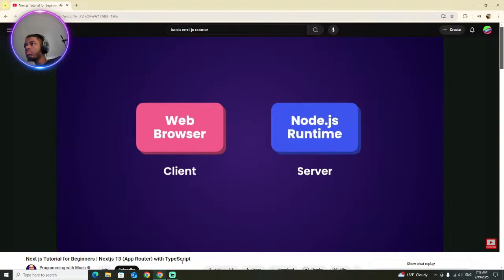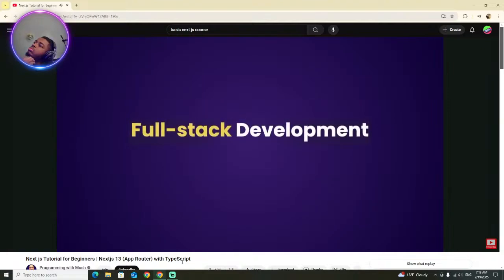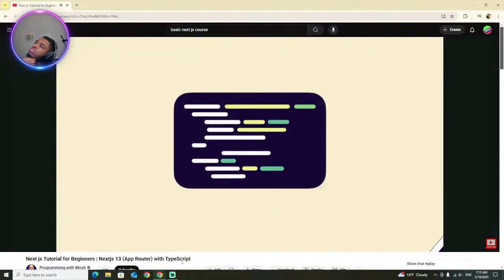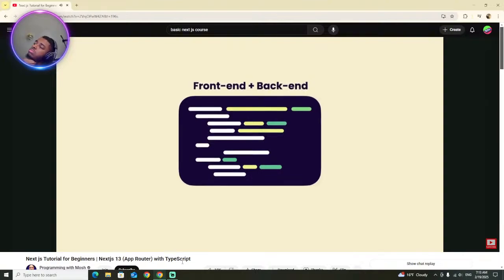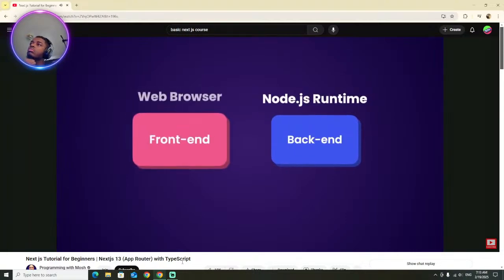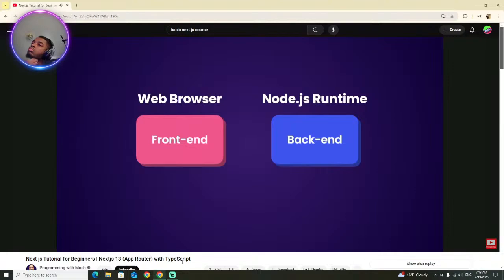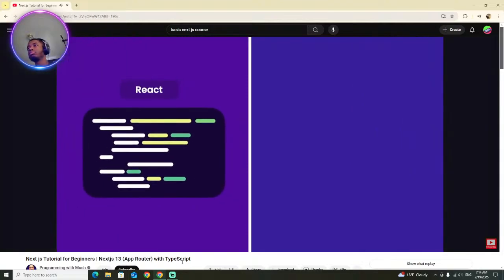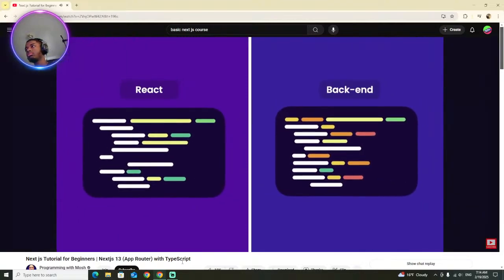So Next.js comes with a Node.js runtime, and this allows us to do some really cool things. The first thing is that we can do full stack development. So we can write both the front-end and back-end code within the same Next.js project. The backend code gets executed within the Node.js runtime, and the frontend code gets bundled and sent to the client for execution within a web browser. In contrast, when building applications with React, we have to maintain a separate backend project in a potentially different programming